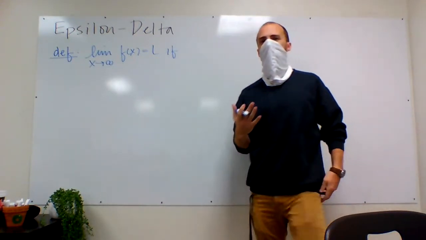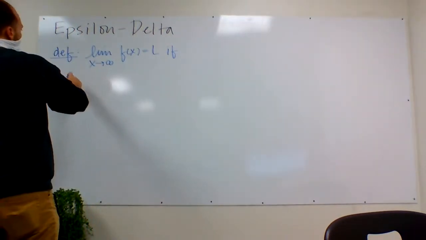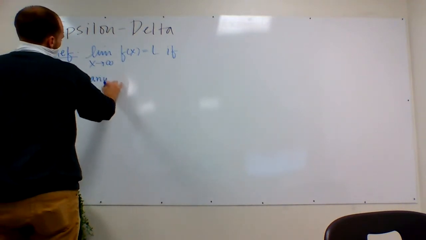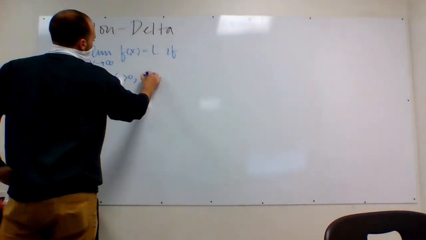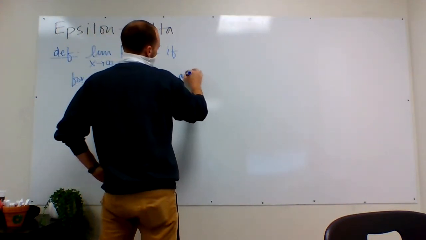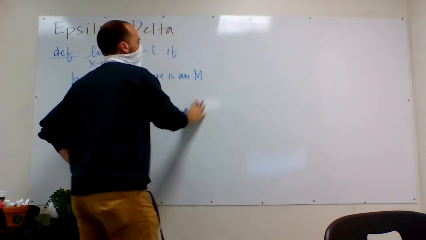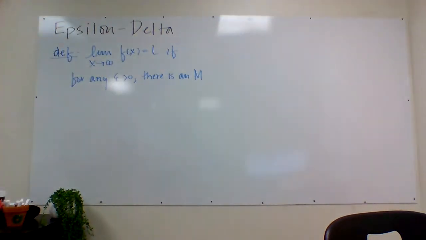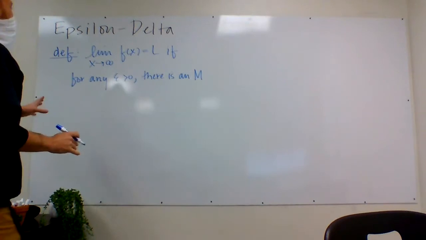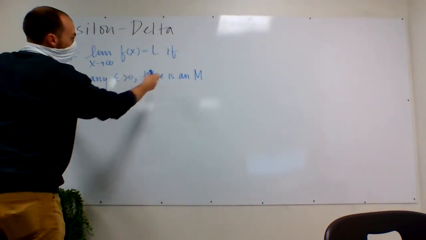And this one's, I feel like, much easier to understand. For any epsilon greater than 0, there is a real value m where, if we're beyond m,